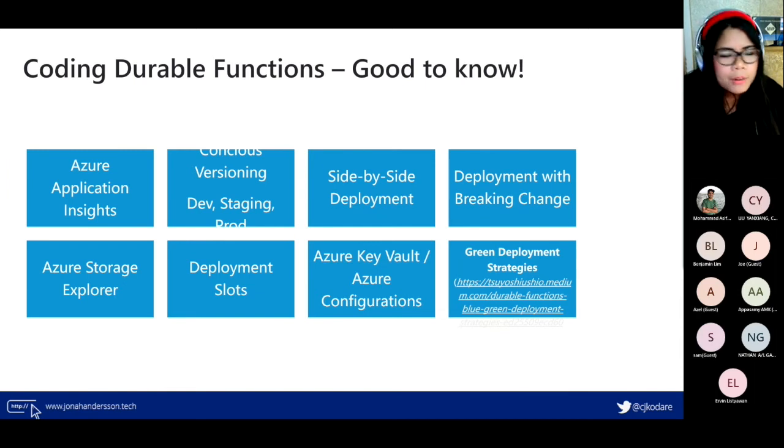So we need to be conscious about versioning our changes to a function or durable orchestration. And what I would recommend is using deployment slots. So if you go to your function app, there's an option actually to set it up in Azure. And also using Azure Storage Explorer, where your instance and orchestration logs for web jobs are logged, everything that's done in it.